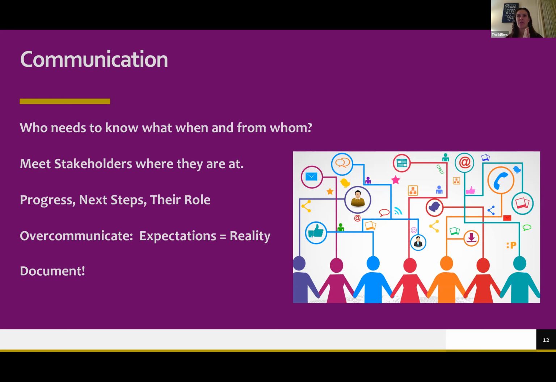So you might have a phenomenal idea for an event and you do all this work to start getting it in place. And then you're going to go study abroad next semester and the event is scheduled for next semester. And you say, okay, congratulations, you're the new person. Here's my officer transition packet. See ya. Well, if you didn't document all of that fabulous work you did, if you didn't make it clear to the chapter that all of that work was done, then that work might get dropped.